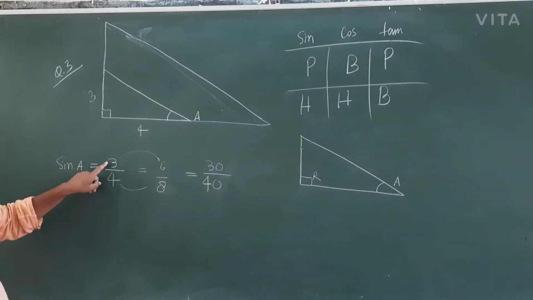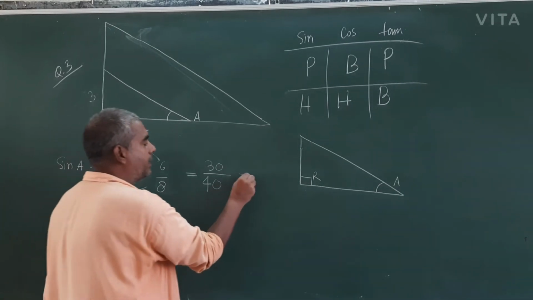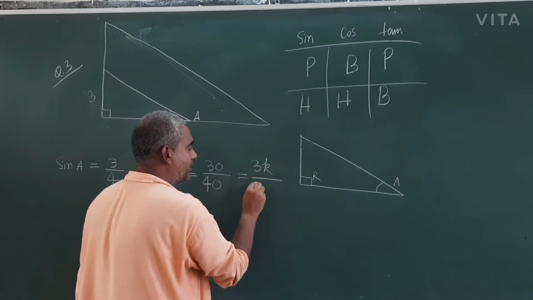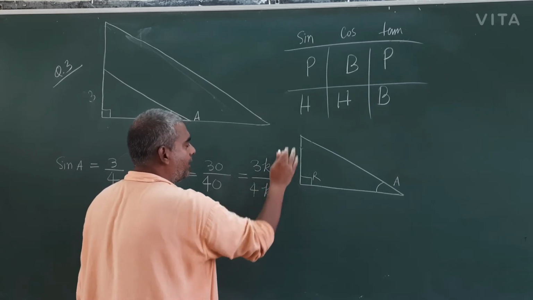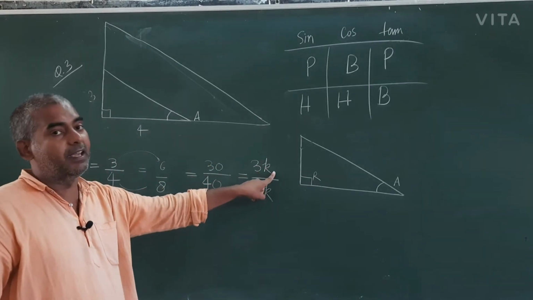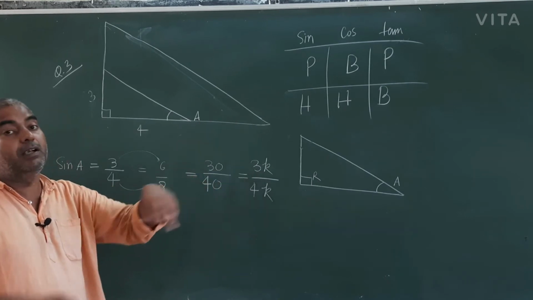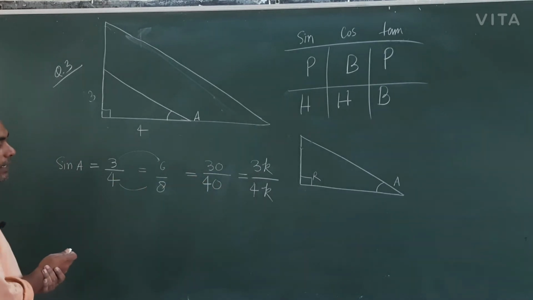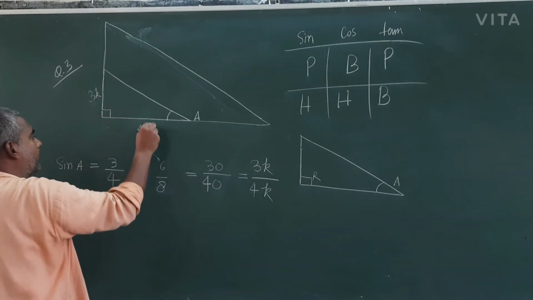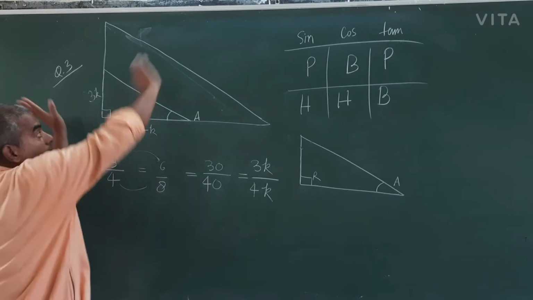Whatever, if this is 3 and 4, that's why in your book, in the examples, it is given 3 times k. This is the side length. This is 4 into k. Normally students don't write k, but you should write k. K means we don't know the actual value. This is only the ratio, but k means any multiple will be there. If this is 3k, this is 4k. Now we have come to one triangle, not all the triangles.